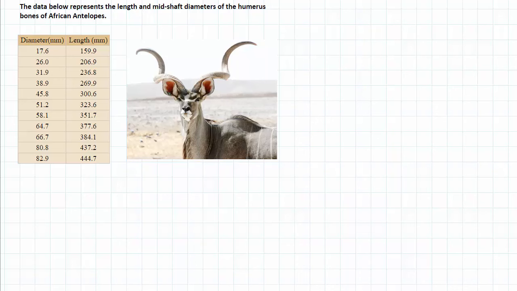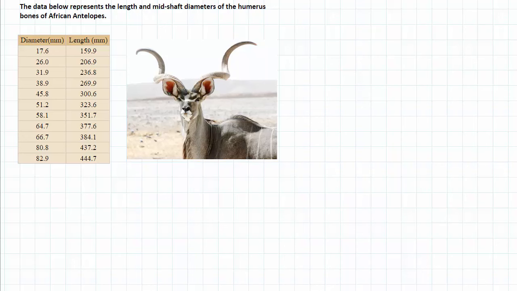Hello everyone. In this video we're going to look at an example that uses African antelope humerus lengths and diameters to look at a situation that may allow us to use power regression or a power model. So what you'll see on the screen here is a list of about 11 humerus diameters and 11 humerus lengths